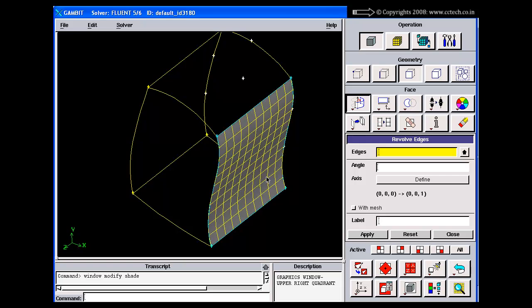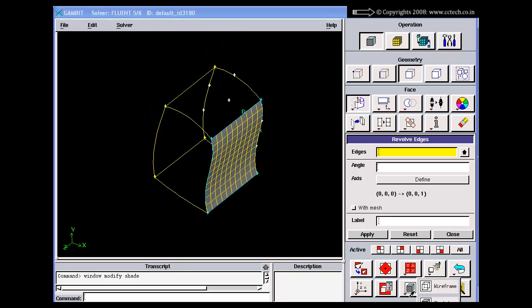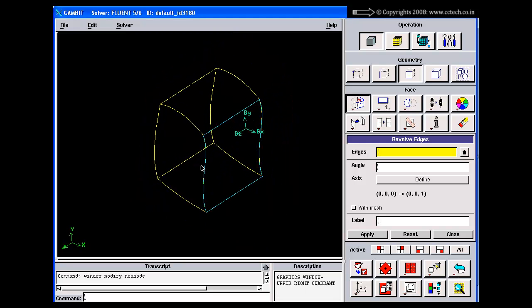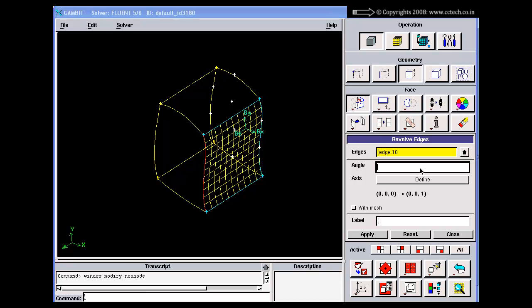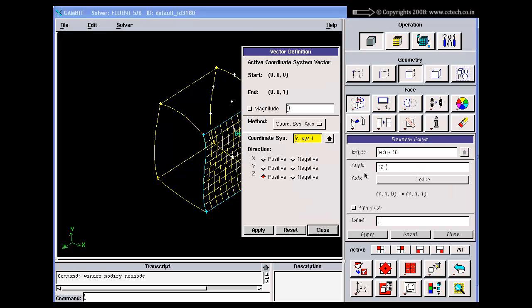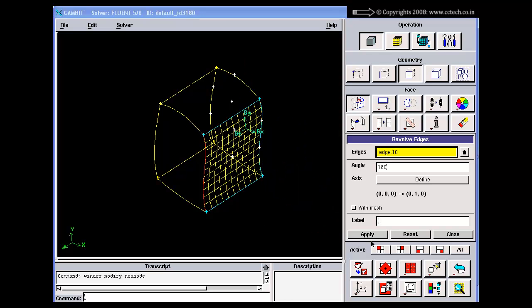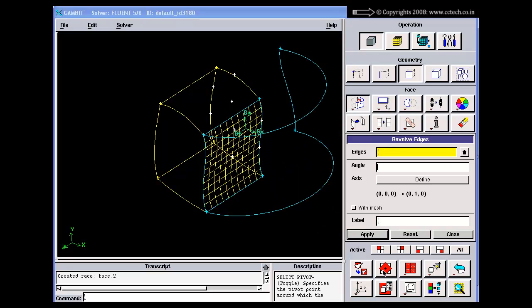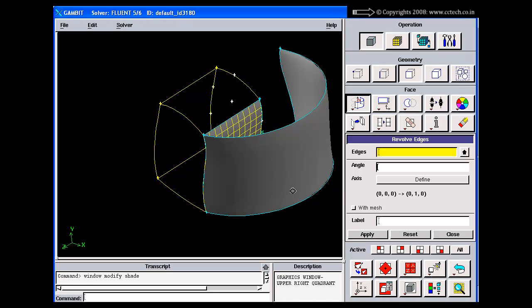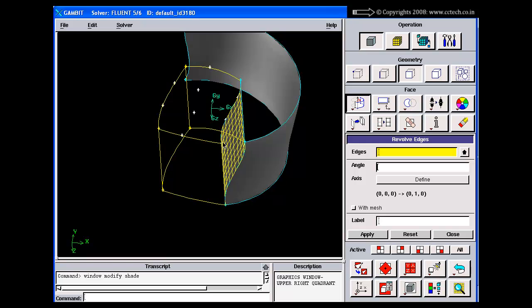You select the edge which you want to revolve. For example, let's say I want to revolve this particular edge. The angle should be, let's say, 180 degrees, and the axis should be positive y. So I will say positive y, the magnitude will not matter, and apply. What I got is this particular face, by revolving this particular edge